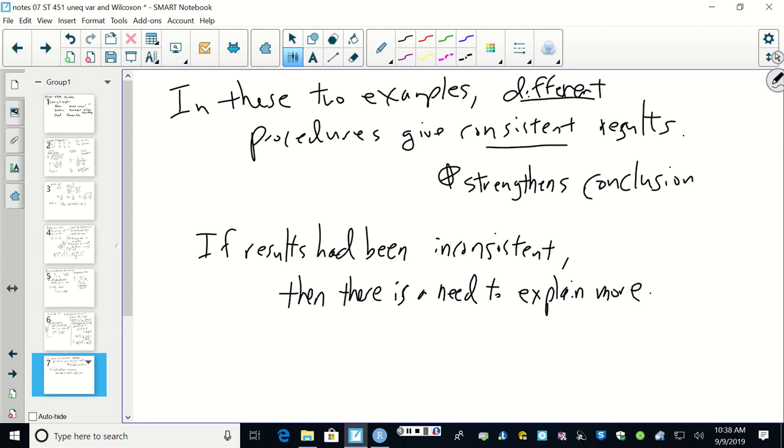So, looking at multiple tests, you don't necessarily have to go overboard and search out all the different possible ways of doing something. But if something raises a red flag and says that maybe something isn't going to be quite right with this procedure, and you check the most common alternatives, such as these, and you do get inconsistent results, like it's not significant with one and significant with the other,